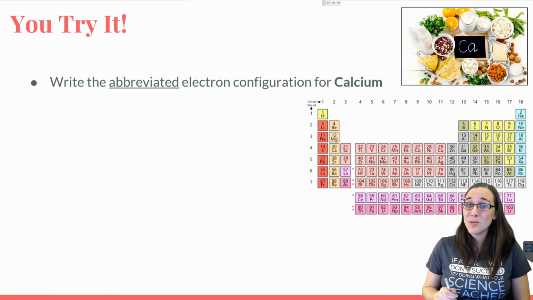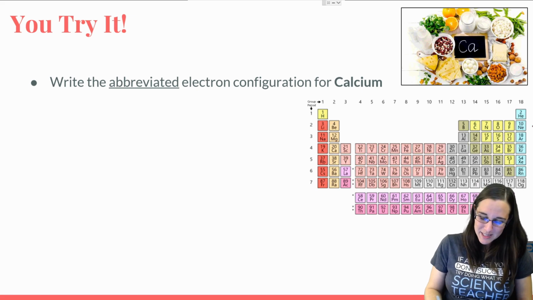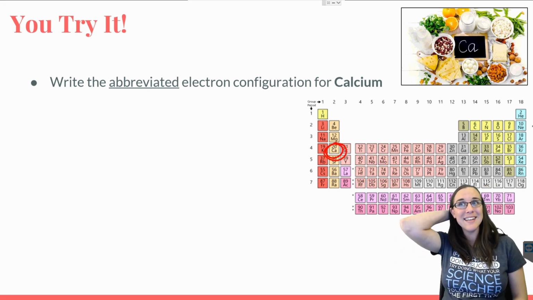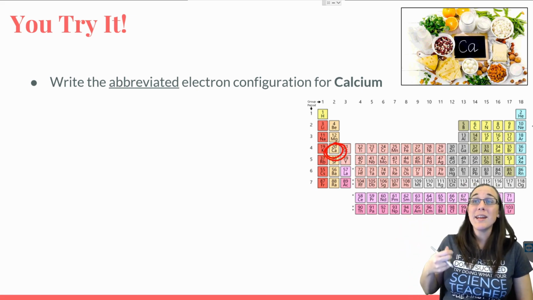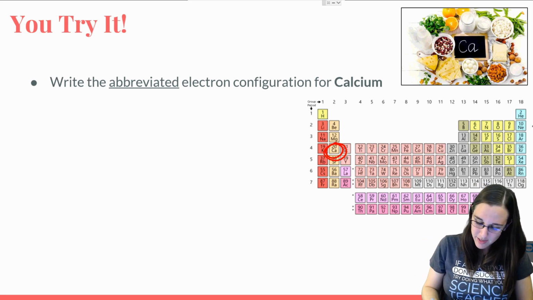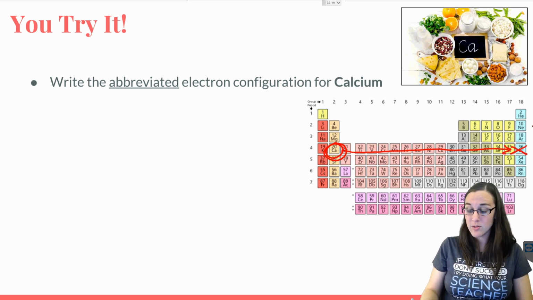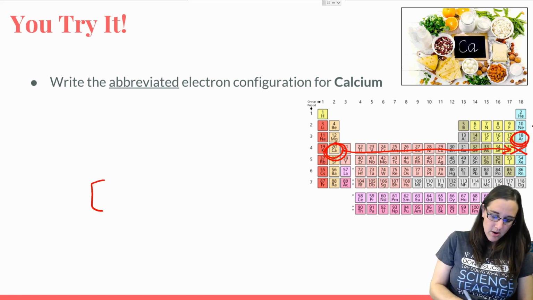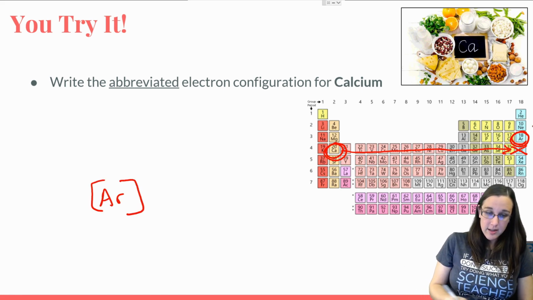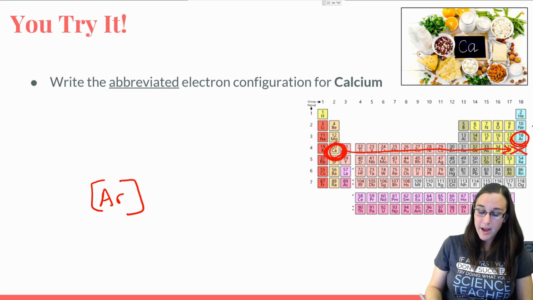We still need to locate calcium before we can do anything. Calcium is right here, right next to potassium conveniently. So we need to think about the noble gas that's right before it for the abbreviated. If we go across, krypton is the noble gas next to it, so that is not the one we use. We use the one before it. So we're going to put argon, Ar, in brackets,